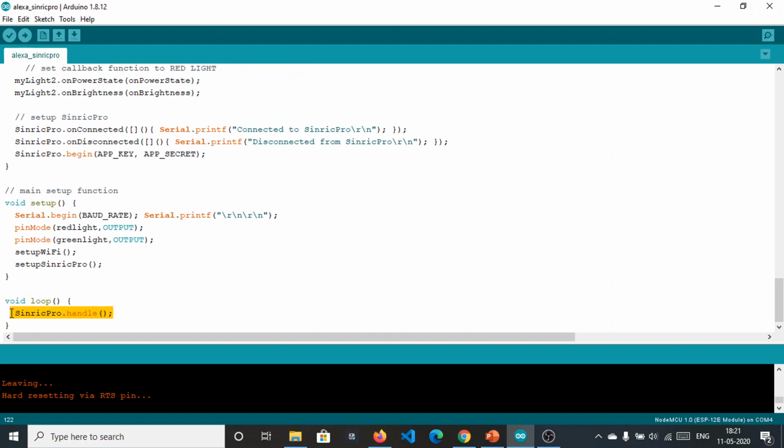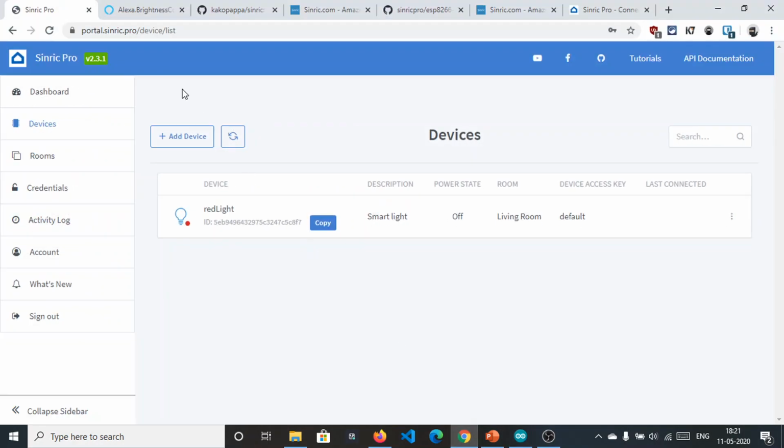This will handle the connection, all the stuff related to SinricPro communication between the NodeMCU and the cloud service of Sinric. So basically in the backend of Sinric, they are communicating with the service which I have already installed on our Amazon Alexa, which is called, let me check, Skills, SinricPro Skills.